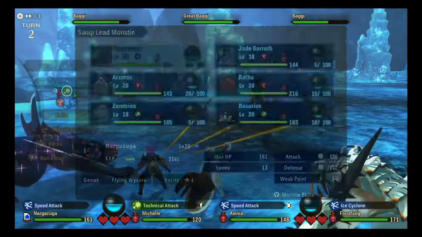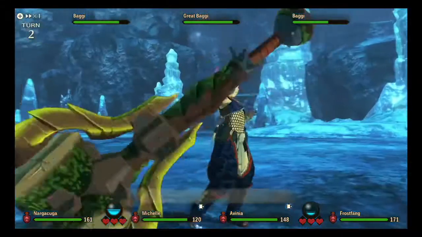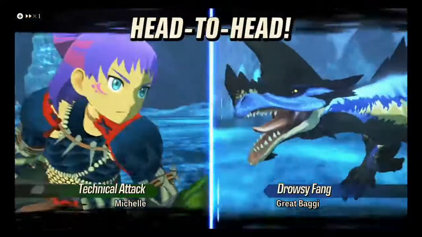Alright, I'm just going to work with that. So I'm going to try to get all the weaknesses for the Great Baggy, because I don't fight these things very often. And I'm only missing one, so...